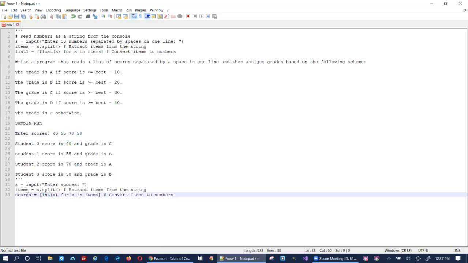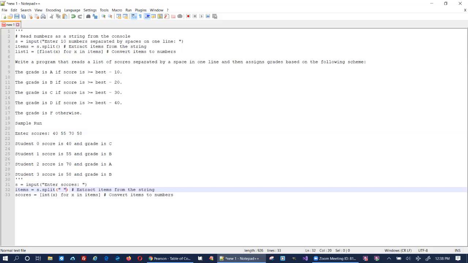So this creates a list, the integer version of x for all x's in items, and items is what was read in, split based on a space. You could do this, we're splitting it on the space. But if that's not there, it defaults to the space. All right, so that's our scores, and now I'm going to print